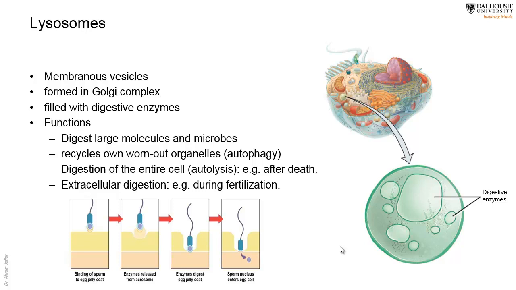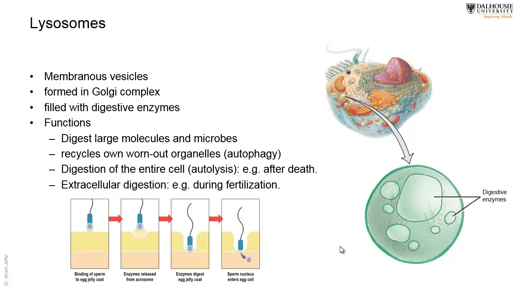For example, in phagocytosis, when bacteria, viruses, and deformed cells are phagocytized by, for example, a white blood cell or a macrophage, they will be attacked by the lysosomes and digested. Or lysosomes will recycle some worn out organelles, and this is called autophagy. The organelles can replicate themselves, and the worn out ones will be digested by the lysosomes. Also, lysosomes are used for digestion of the entire cell, and this happens after death. This is called autolysis. After death, the tissues will be emulsified and digested by their own enzymes,